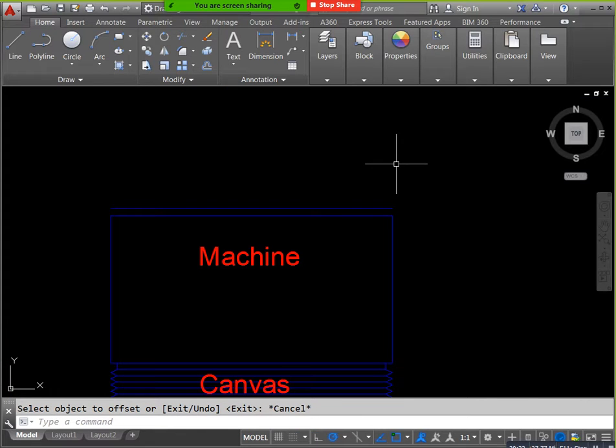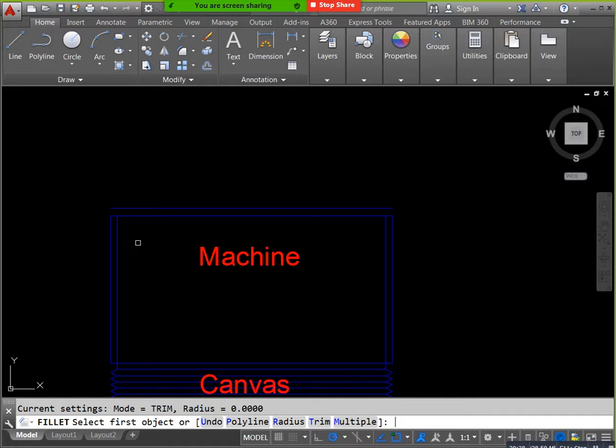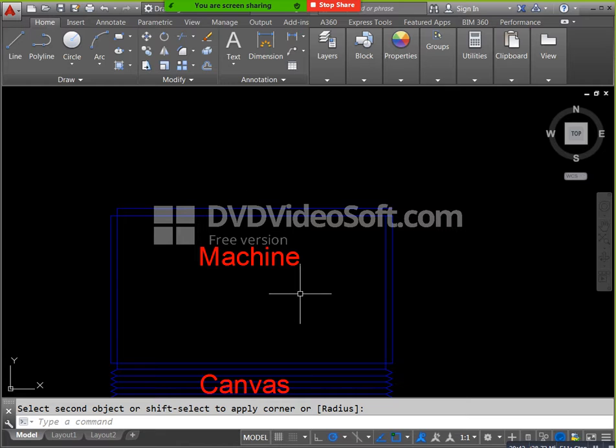Then you can select and apply. Again you can select this one and apply like this. Then you can select here to here, and you can select here to here. Okay, this is for example the filter.